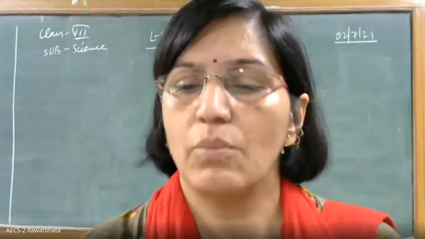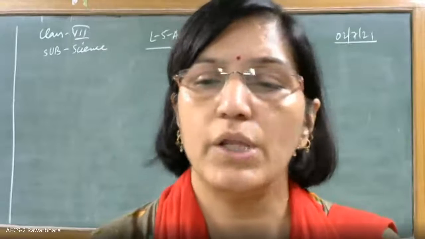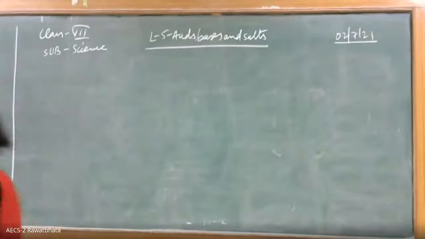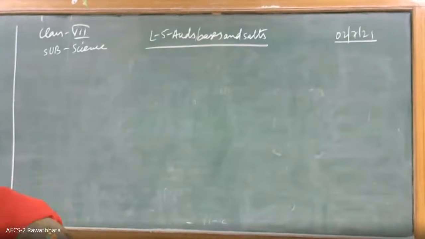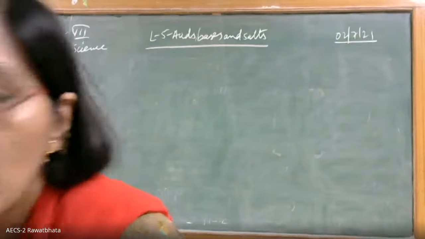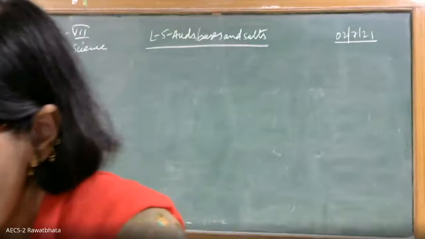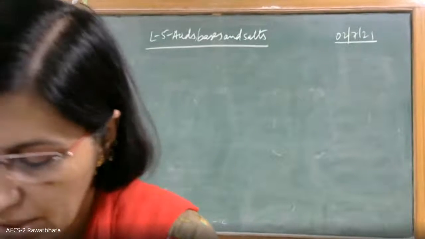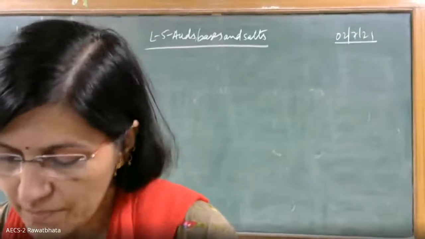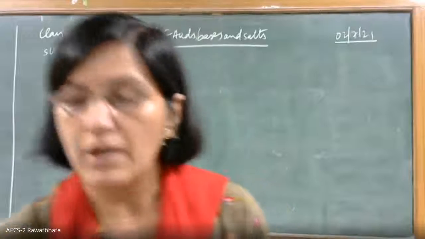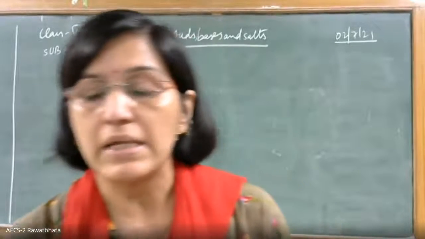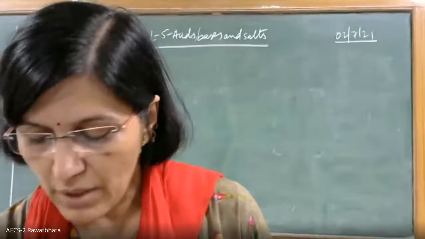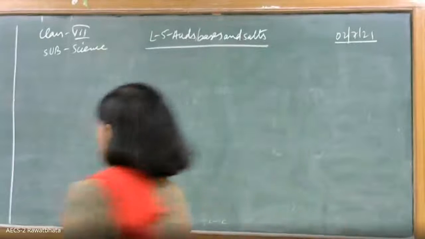Good morning, kids. And we continue the topic we have started, that is in case of acids, bases, and salts. Today we are going to understand about neutralization reaction. We have covered previously some of the indicators: turmeric as indicator, China rose as indicator, and of course litmus. Today we are going to understand the 5.3 heading, that is about neutralization.